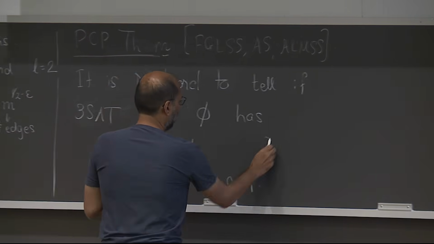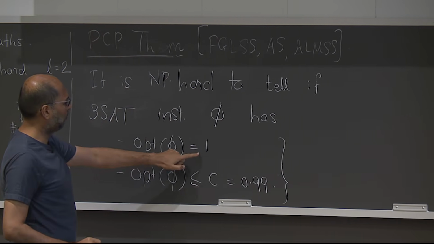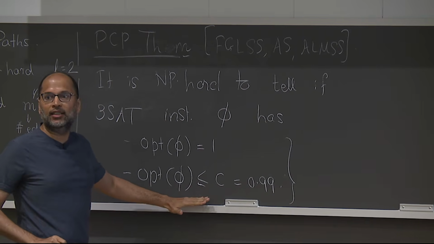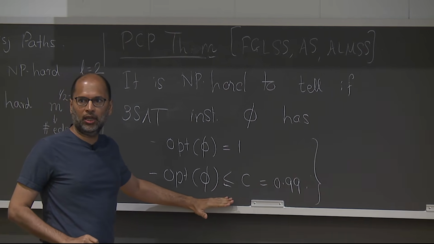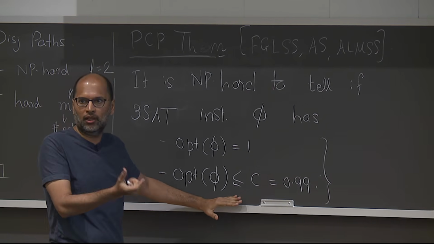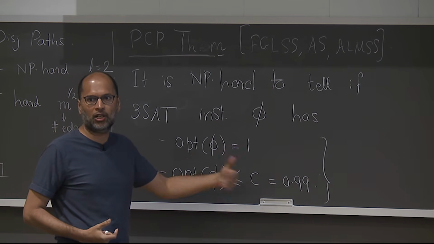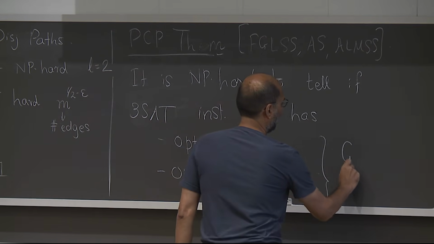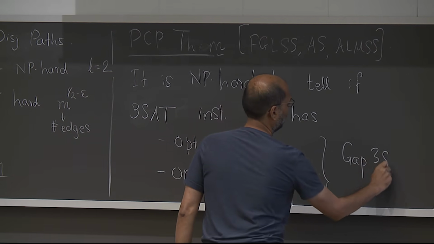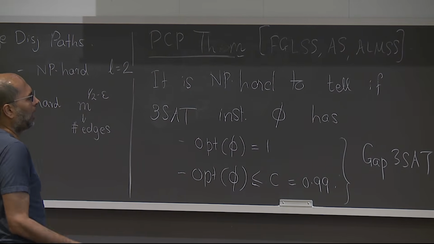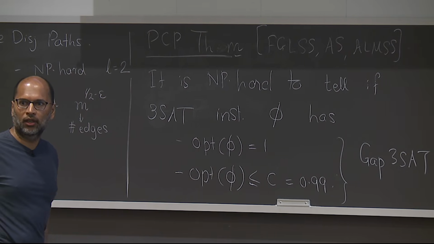So this problem, where a formula is either satisfiable or what you can call highly unsatisfiable, okay? Meaning any assignment does not just fail on some clause; in fact it has to fail on a constant fraction, 1% of the clauses, right? So this is referred to as gap 3-SAT. So one way to state the theorem is that gap 3-SAT is NP-hard, okay?